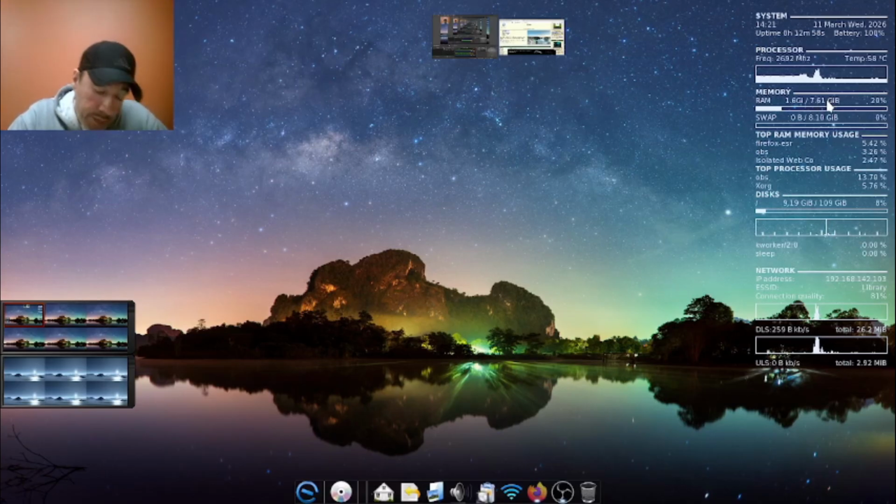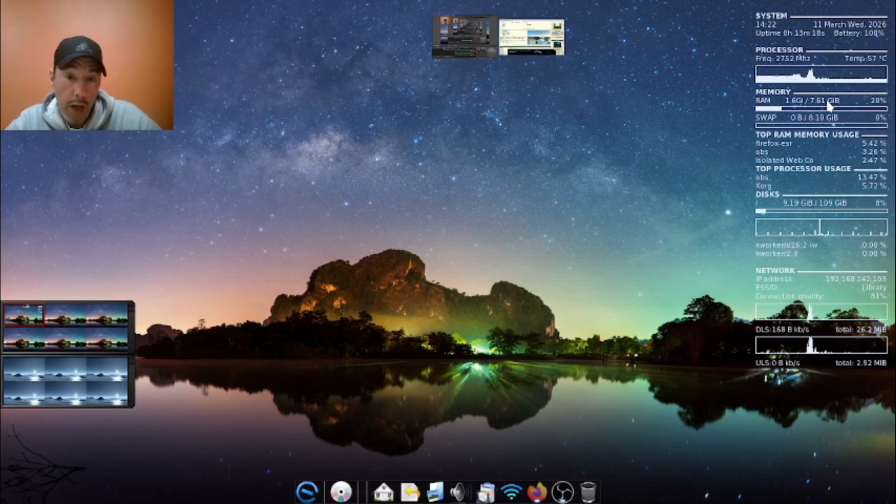So I don't know how much that goes to say about Elive exclusively, because that just seems to be a thing with most Linux distributions, that they seem to be really light on resources. So you can do a lot more with a computer that's running a good Linux distribution, and just have more memory freed up to do other awesome things. But anyway, let me get back to test running